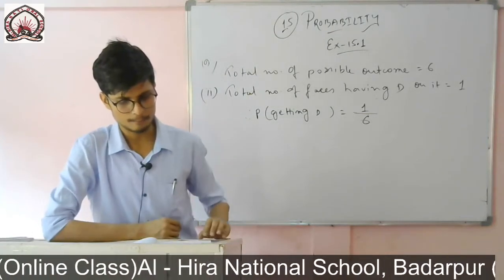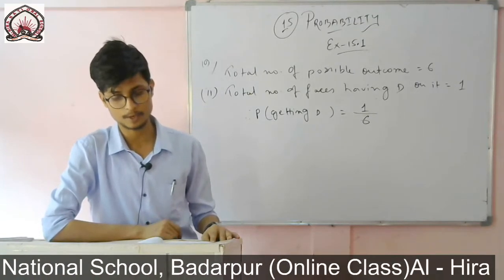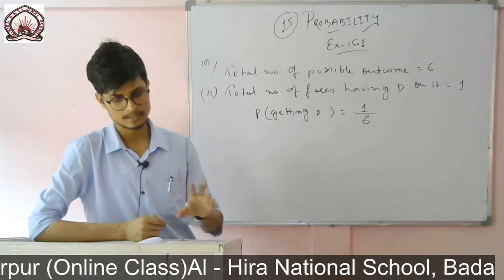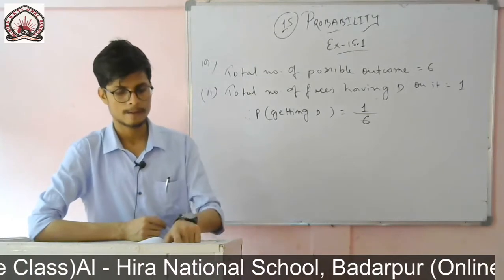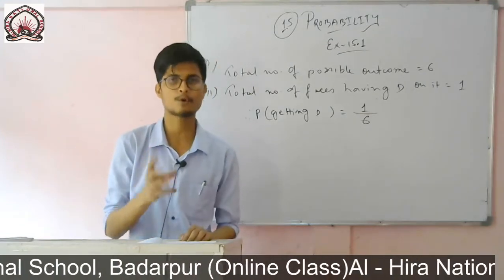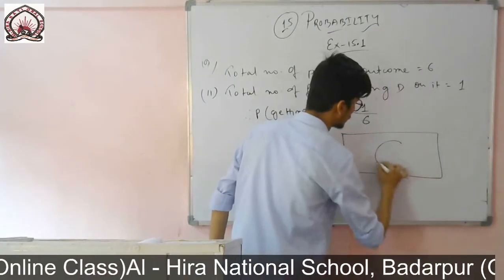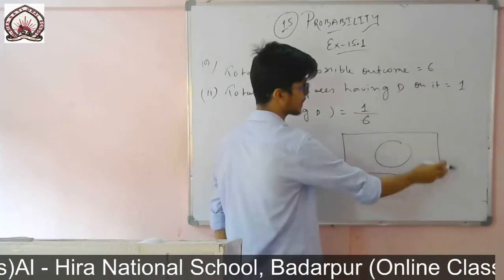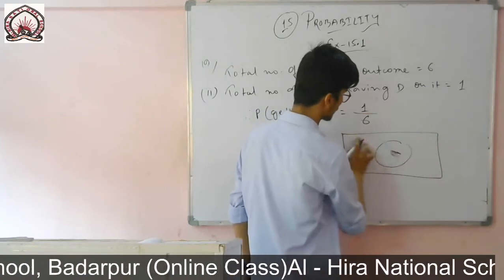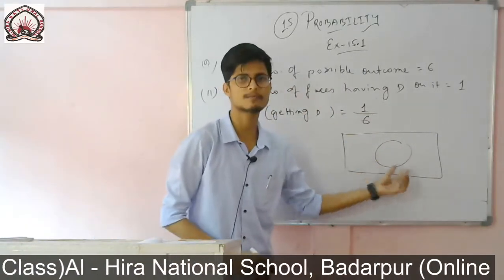So you see, suppose you drop a die at random on a rectangular region shown in figure 15.6. What is the probability that it will land inside the circle with diameter 1 meter? The diameter of the circle is given. So the question is like this: if I throw a die at random on this region, it may fall here, it may fall here, or it may fall anywhere in this rectangular region. So the question is to find the probability that the die will fall in this circular region.